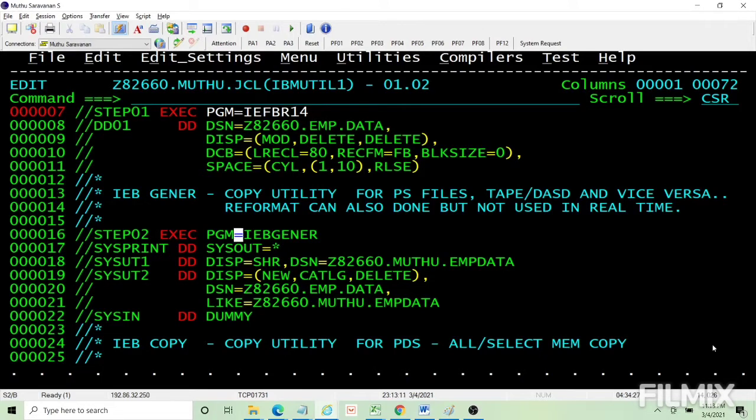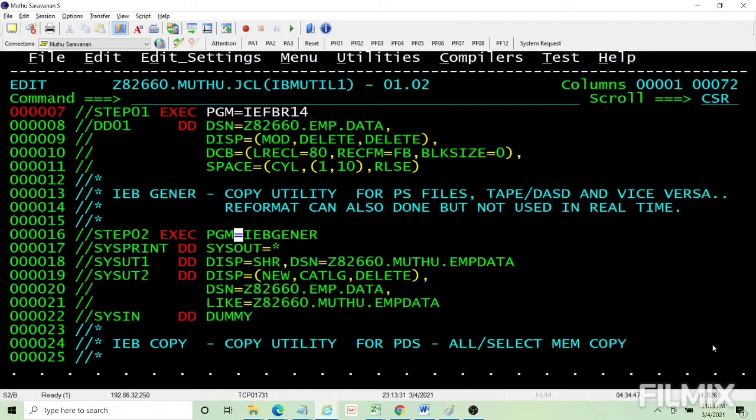But today IEBGENER is not used for those purposes. SORT is preferred for those things. IEBGENER can also be used for another purpose: you have PS file content that has 5 different types of records, and you want to copy each type of record into different members.